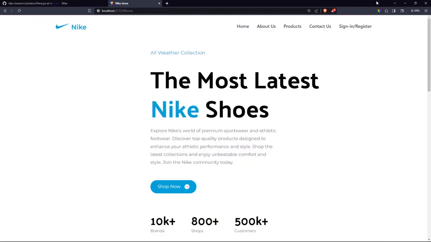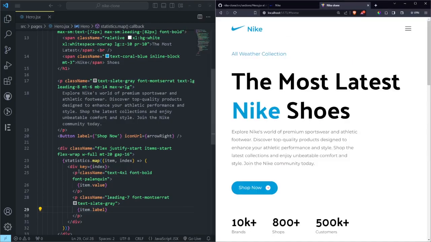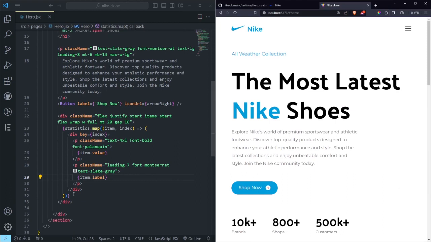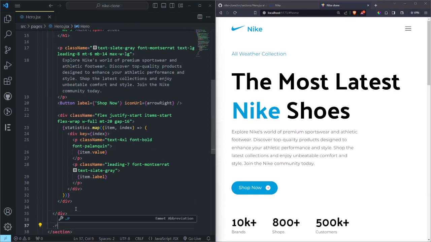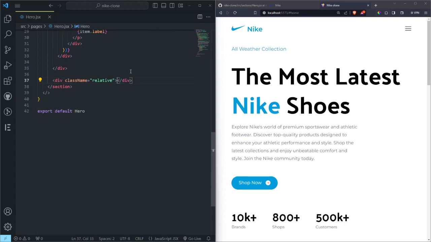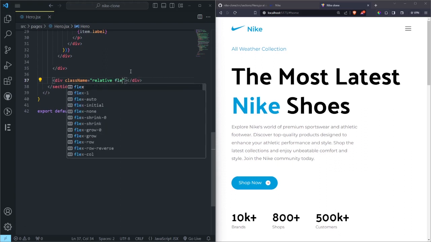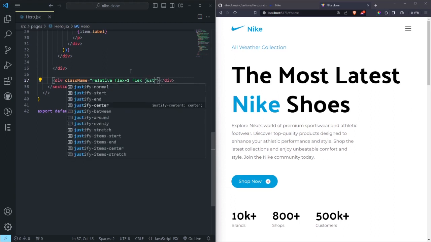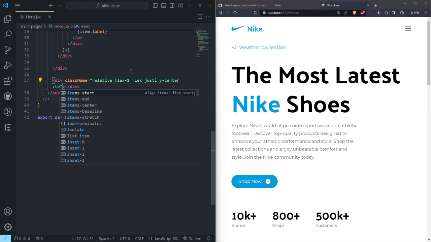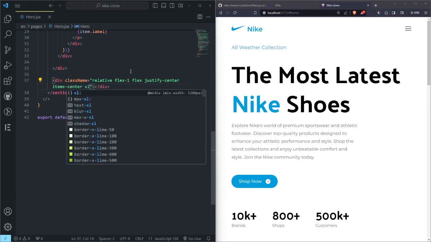So what we are going to create now is the part for the images. So now here is going to be here, and then two divs down, so it's supposed to be here. We are going to add a div, and this div is going to be relative. So let's do a relative div, and then let me scroll down up to there. Yeah, and then we can also add other classes here. So flex-1, and then flex justify-center, items-center, and then in xl we want it to be a min-h-screen, then max-xl we want to do a padding y of 40,